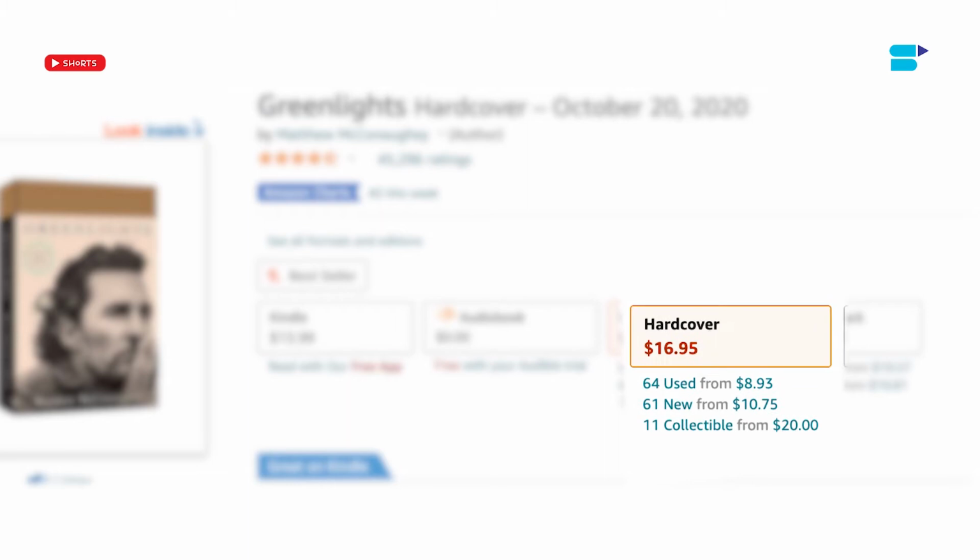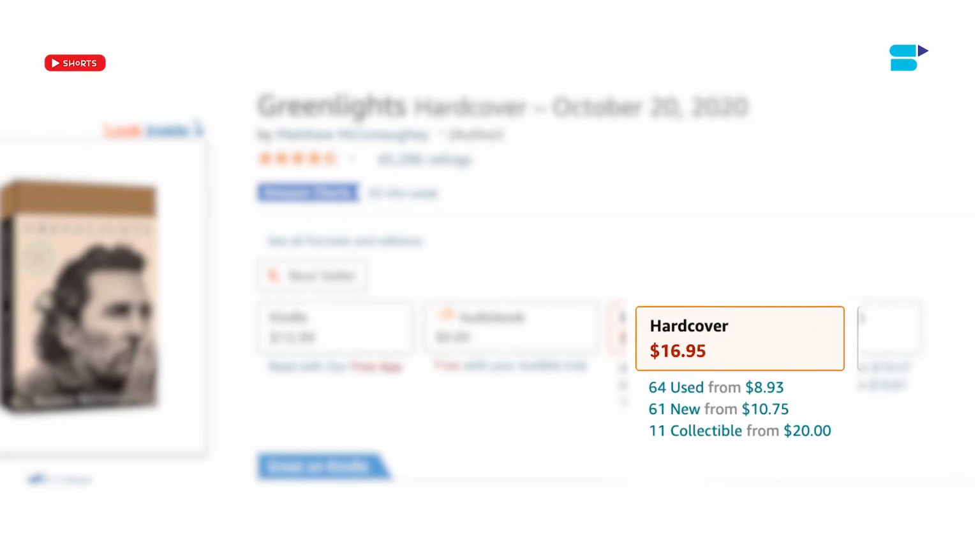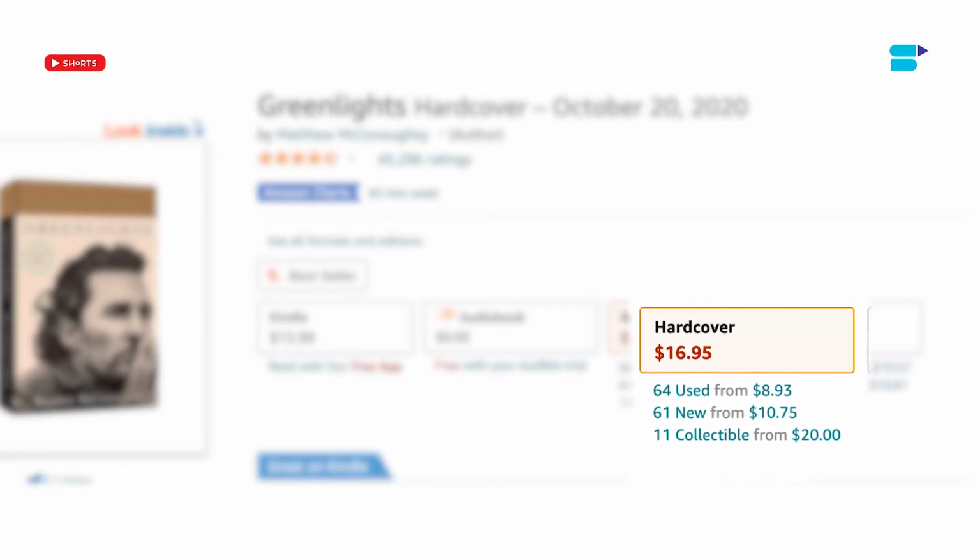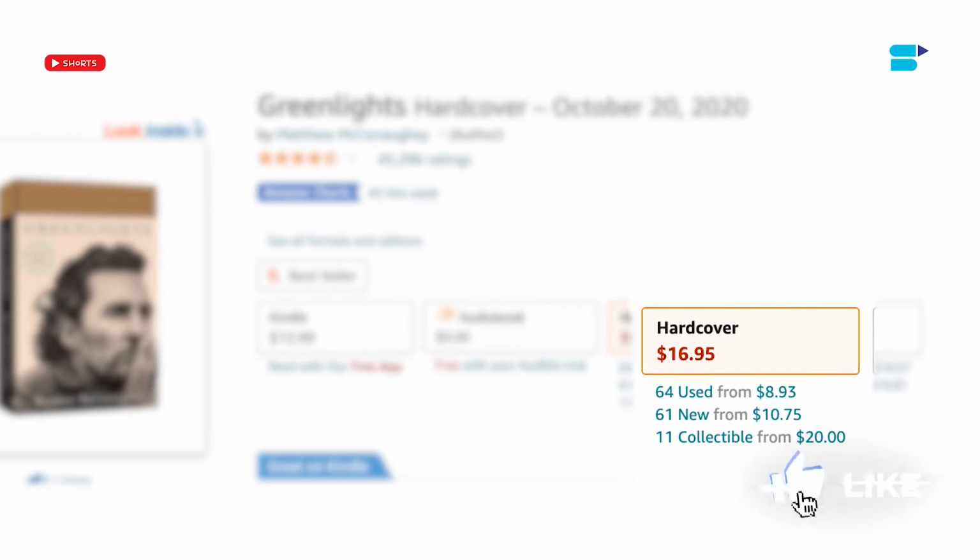Right, 75 would be a lot for other categories, but with books, there are just so many sellers. So 75 or less limits the competition, not just in the present, but also in the future as well. So that's the biggest thing you can do, and there are a lot of others, but that's the big one.